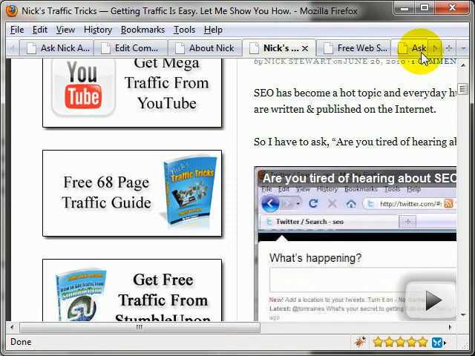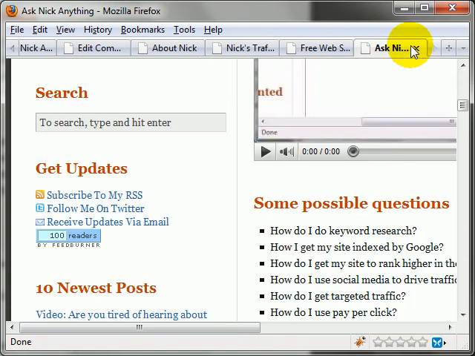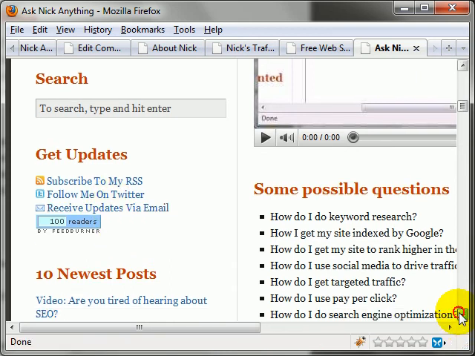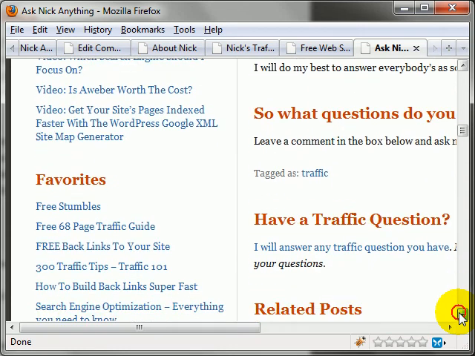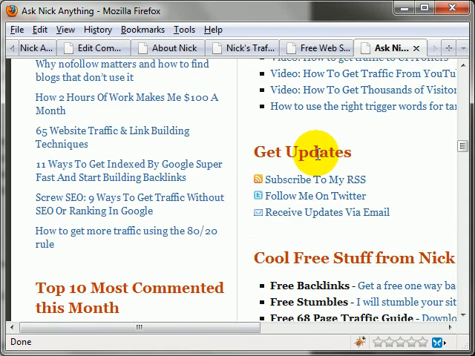And then the last thing is you want to give people a way to become subscribers and regular followers. On the left hand side, I have this little menu bar with get updates, so people can subscribe to RSS, follow on Twitter, or get RSS via email. And then at the bottom of every post, let me scroll down here, I have the get updates also.